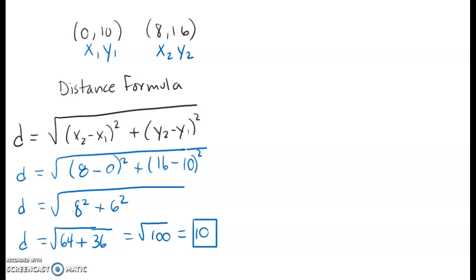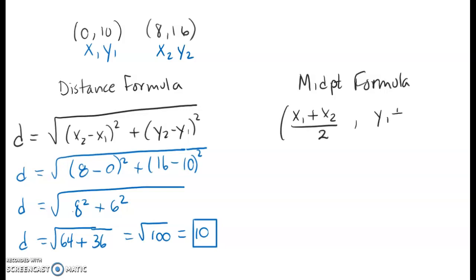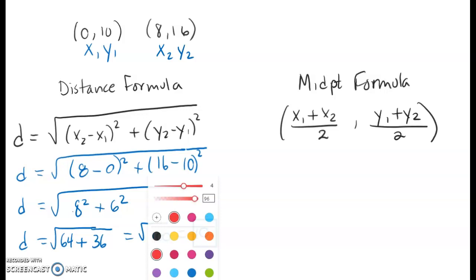To find the midpoint between these 2 points, we have to use the midpoint formula. Our book gives us that midpoint formula as the average of the x-coordinates, so take the 2 x-coordinates, add them together, and divide by 2. And then the average of the y-coordinates, so take the 2 y-coordinates, add them together, and divide by 2. And so calculating that,